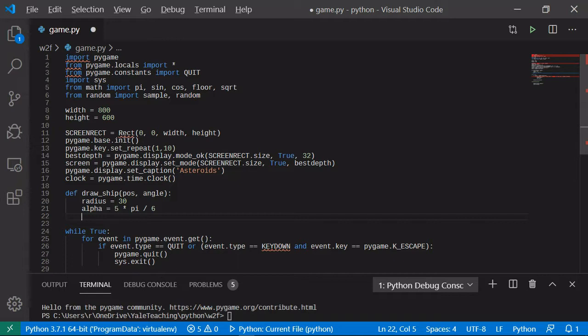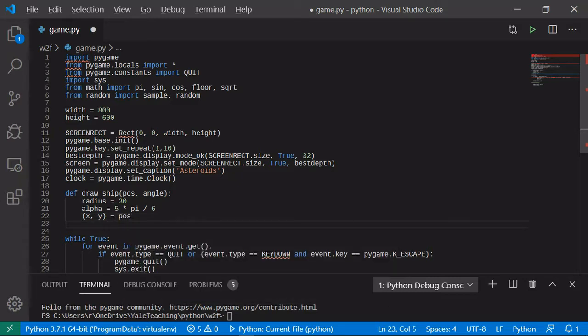So from the center, which is that position, I have the coordinates of the center, which is xy equals, and this is a very interesting way of taking out the components of a tuple. xy equals pos. All right, so then I can say x1, so this is the tip, should be x plus radius